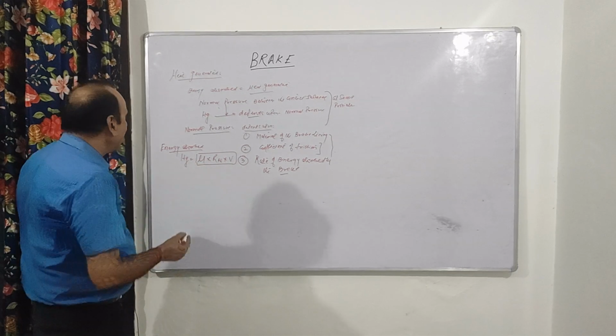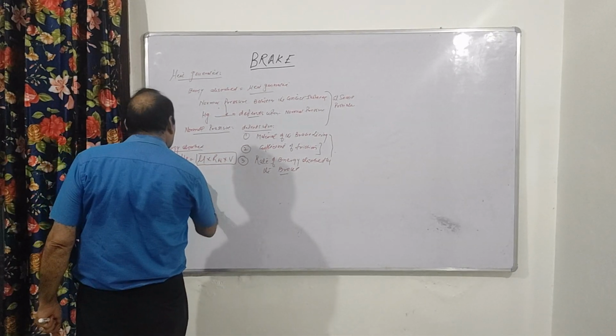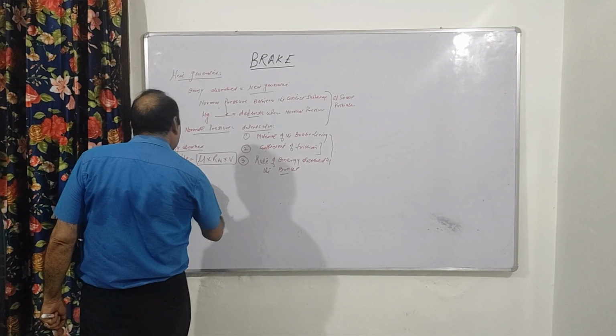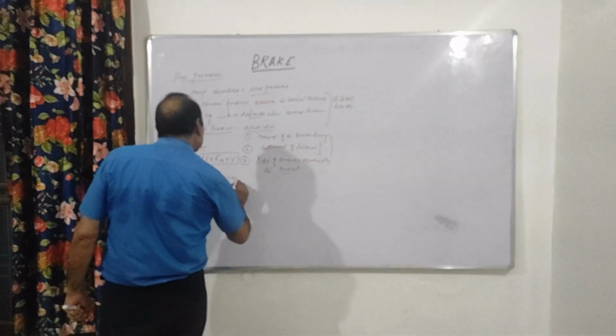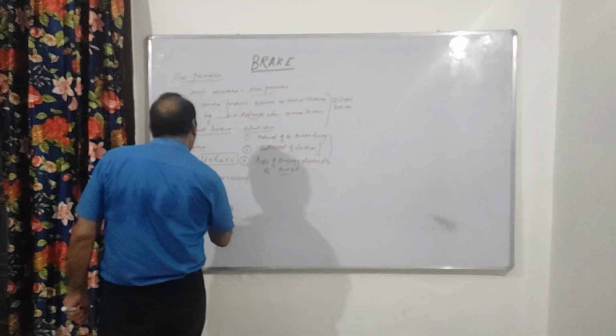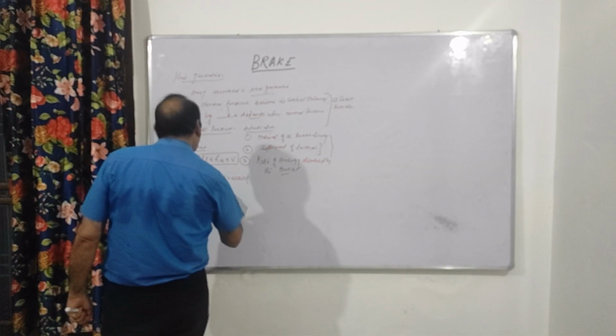V is the peripheral velocity. V क्या है आपका? V is the peripheral velocity of the drum,